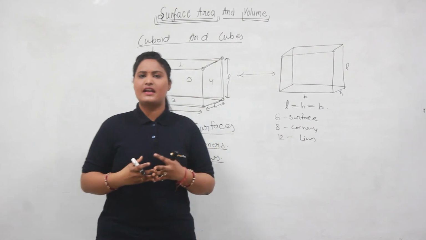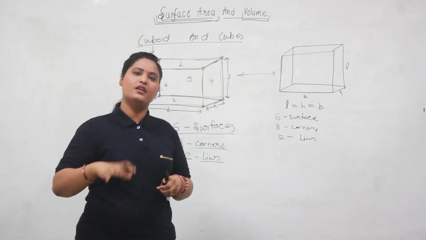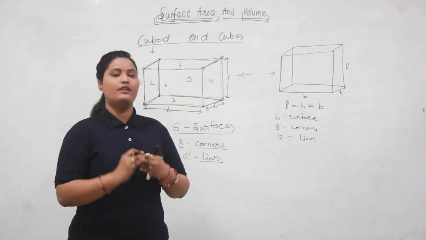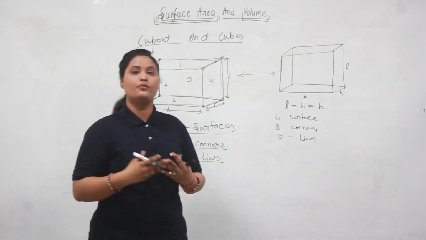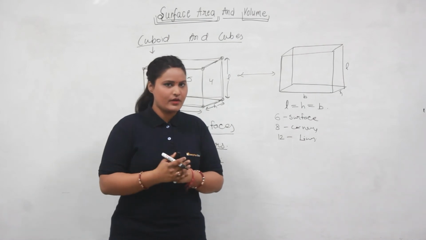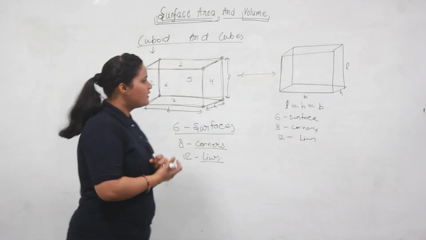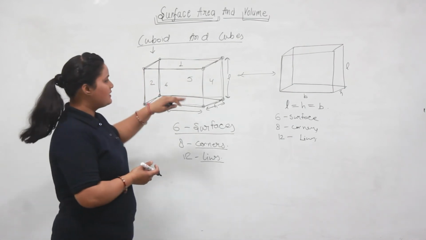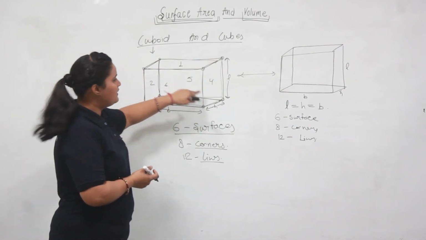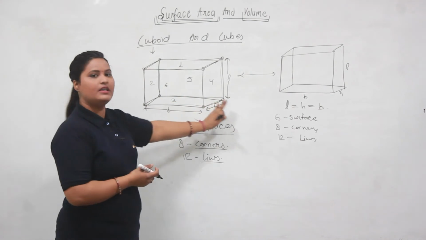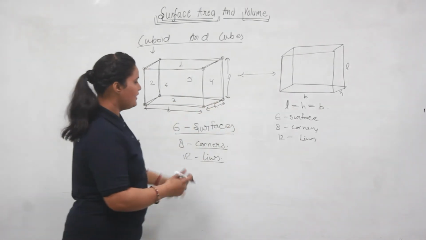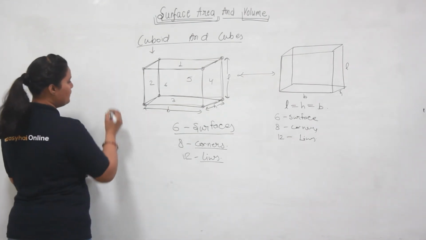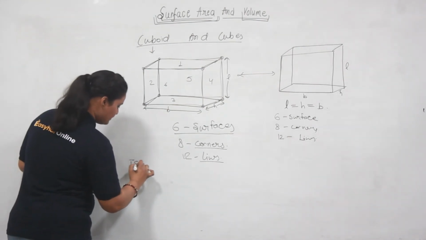What questions arise, like if you have to paint a room, all the 6 surfaces, then what quantity of paint will be required? This is a kind of question in this chapter. So for this you have to find out the area of all the surfaces. Since in a cuboid these surfaces are not all equal, the total surface area for a cuboid would be